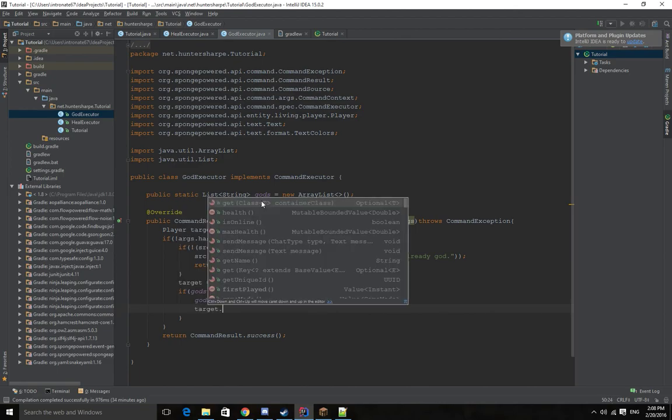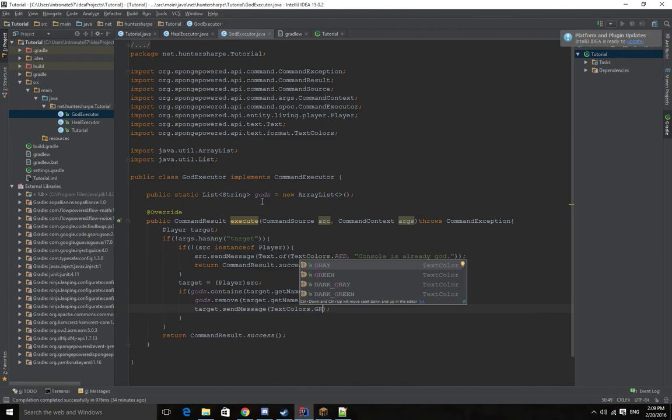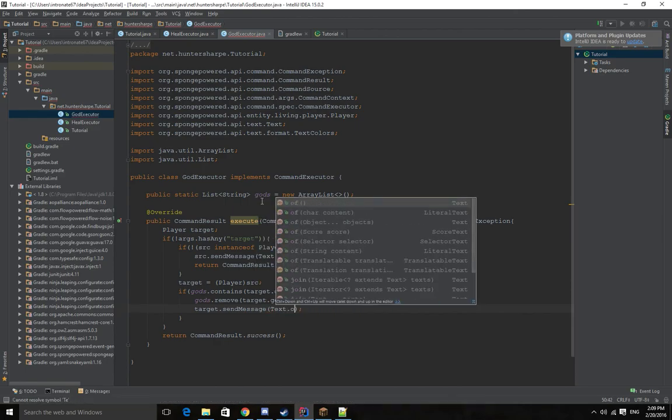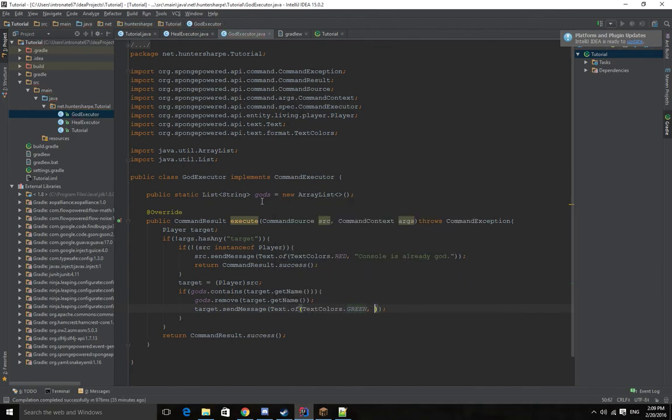And we want to say target dot send message text colors dot. We should still make this green if the command was successfully executed, and you have text that up. And we'll do text colors dot green, you have been ungodded. And we want to return command result text success. But now if they aren't in the list,